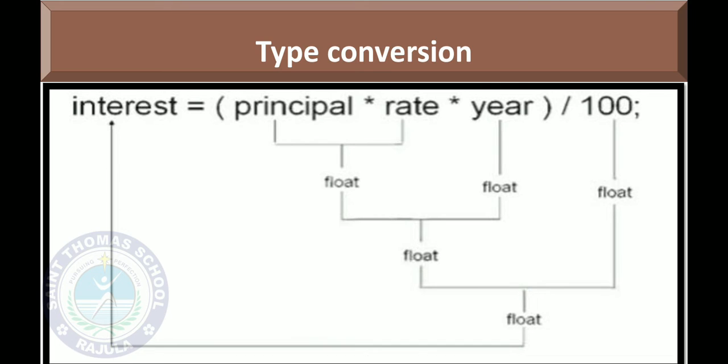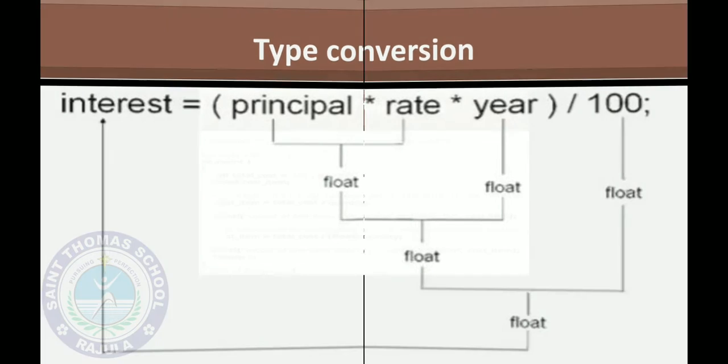But here you have seen that the year data type was defined as an integer. Here the answer will be converted into the float automatically. So at this stage the type conversion is required. The year was defined as an integer, but here automatically that will be converted into the float. So when you are using this type of equation to solve your problem, then internal typecasting is required.